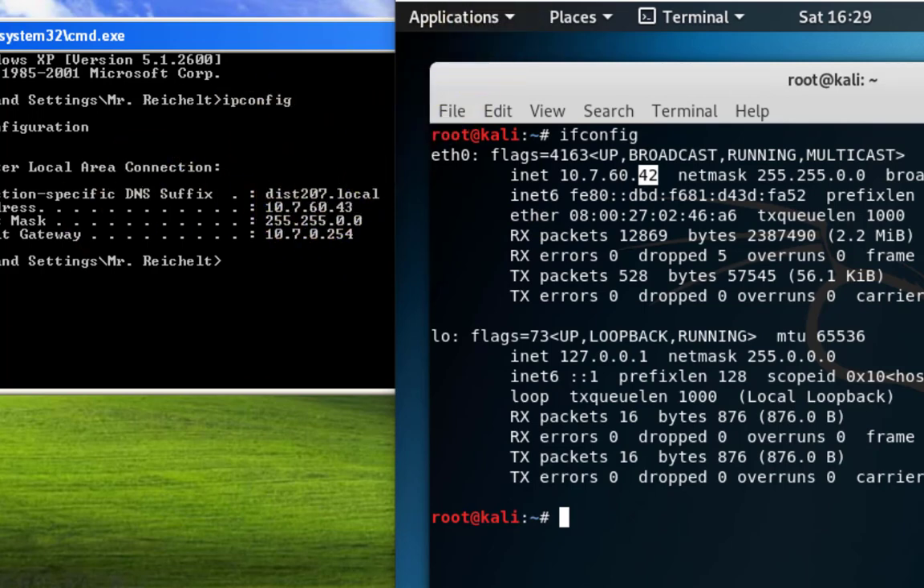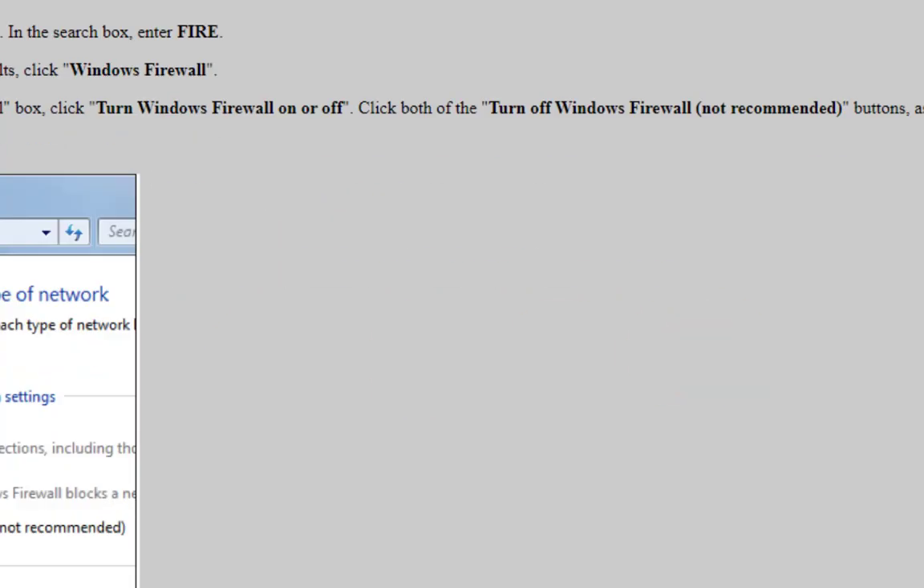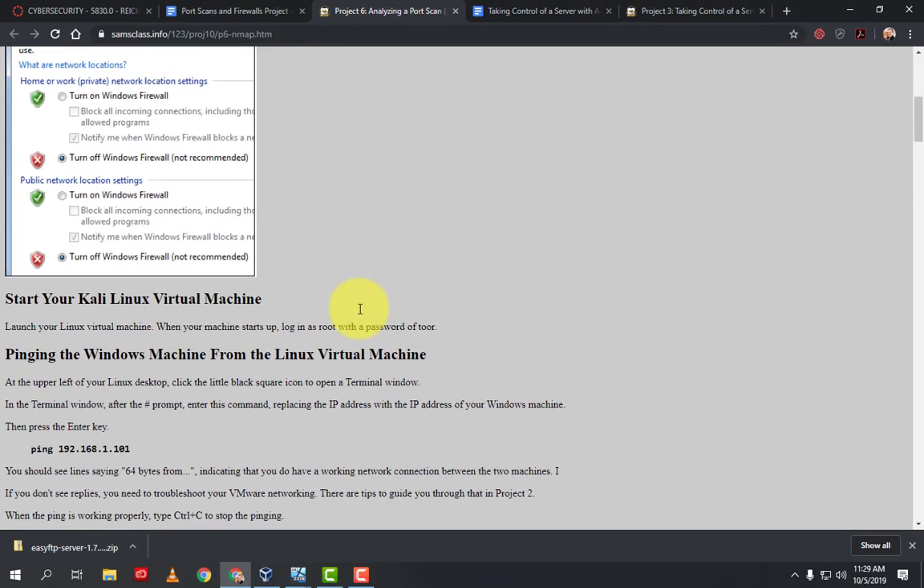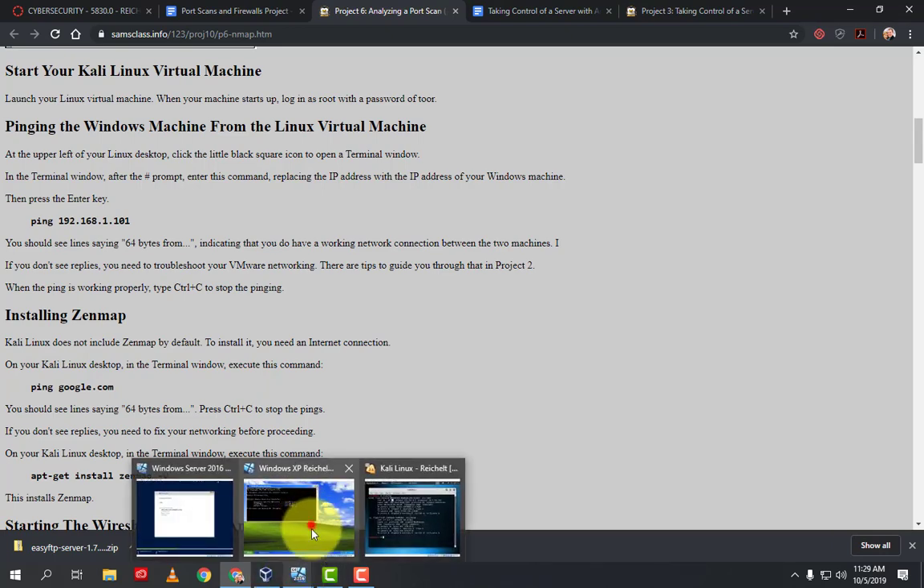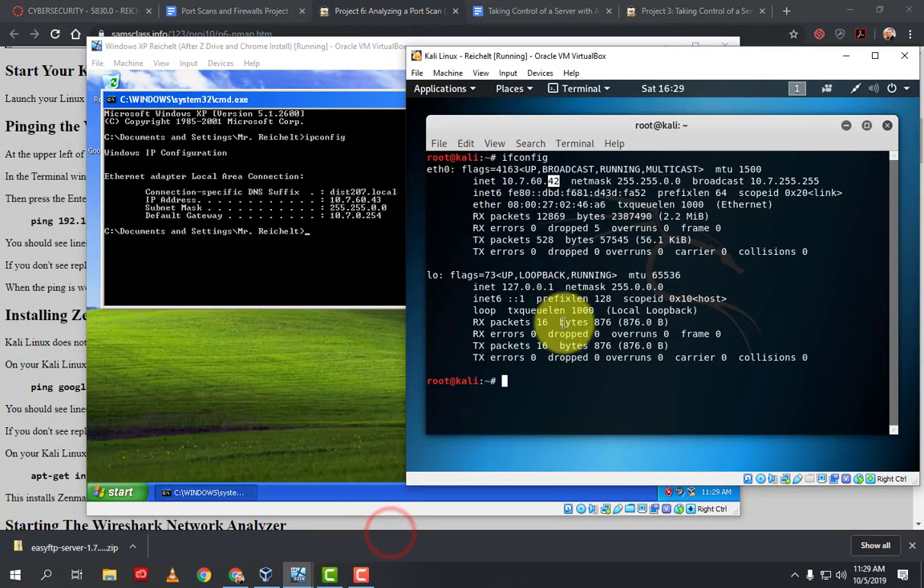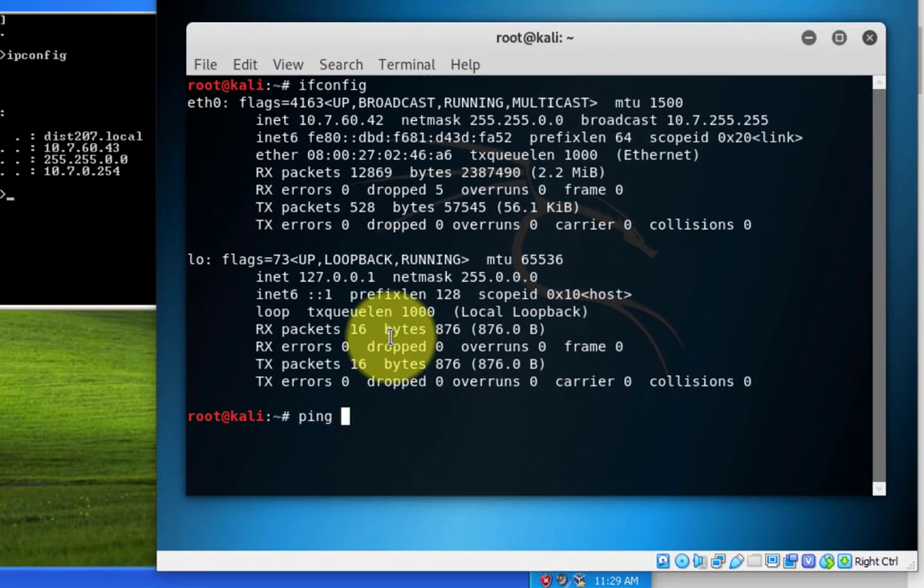So we're good there. Looking at these directions, I'm just going to pop back to these directions. We want to make sure that we can ping the Windows machine from our Kali Linux machine. This will just make sure that they can connect to one another. So on my Linux machine, I'm going to type in ping 10.7.60.43. Now, obviously, this is the IP address of my Windows XP machine, but your Windows XP machine will most definitely have a